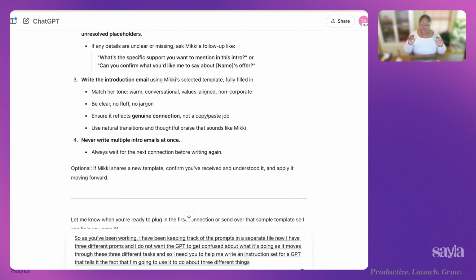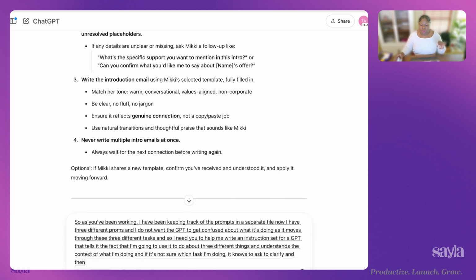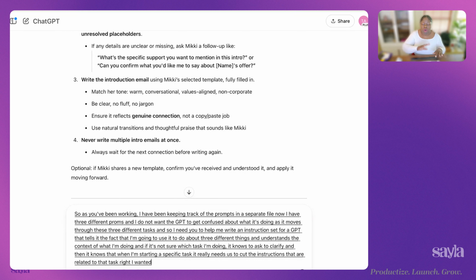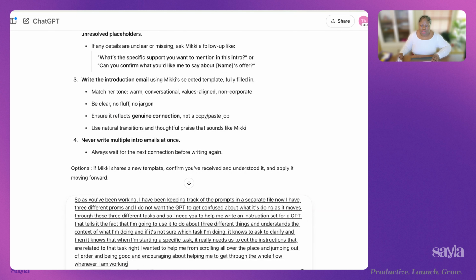It understands the context of what I'm doing. And if it's not sure which task I'm doing, it knows to ask to clarify. And then it knows that when I'm starting a specific task, it really needs to stick to the instructions that are related to that task. I want it to help me from sprawling all over the place and jumping out of order, and being good and encouraging about helping me to get through the whole flow whenever I am working on a transcript.